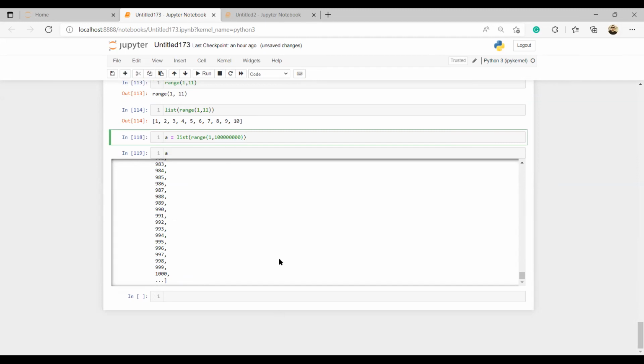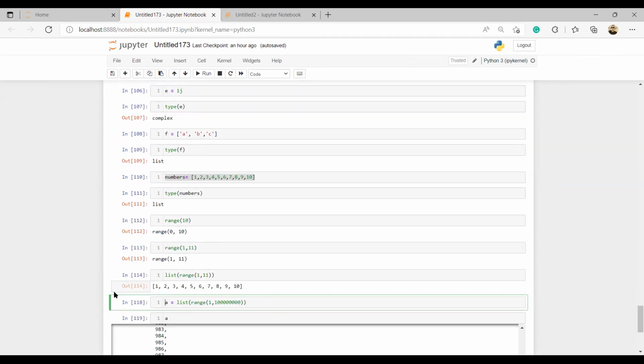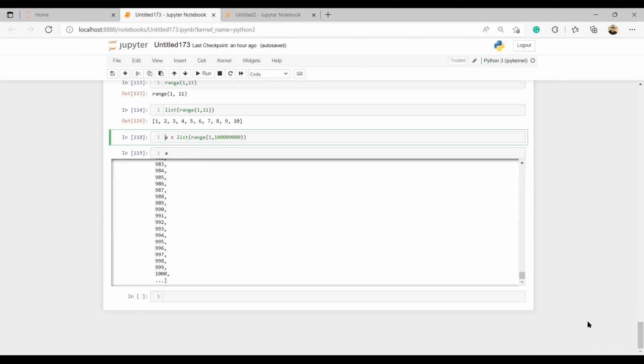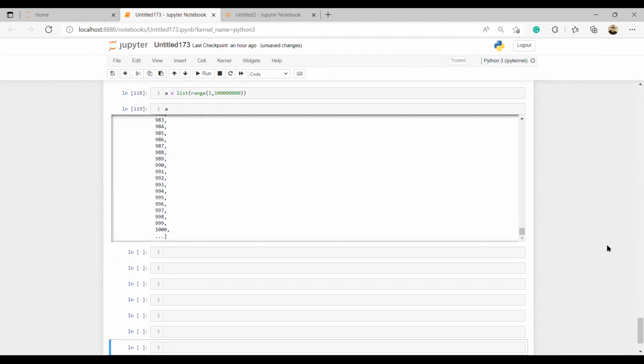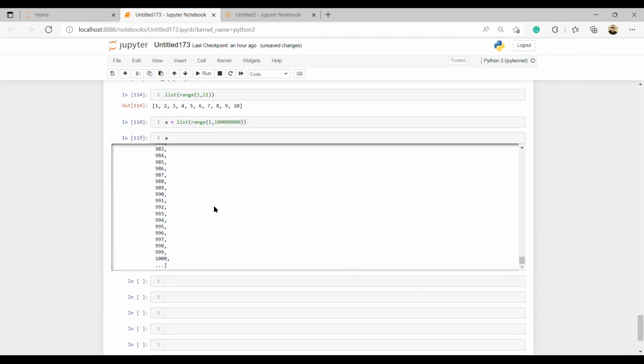Okay. But can you give a command like A plus something? Can this A do something? Can you have a full command with this A that is 1 to 100 million? For example, now, let's not look for trouble yet. But yes, what we can do is what they call a loop.